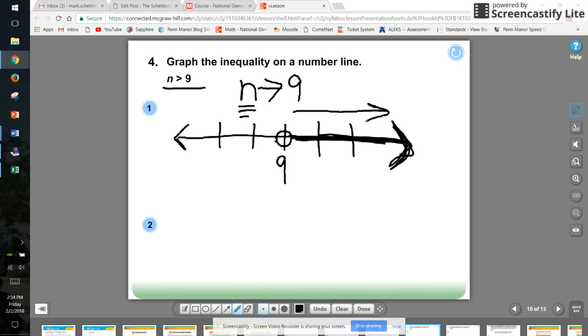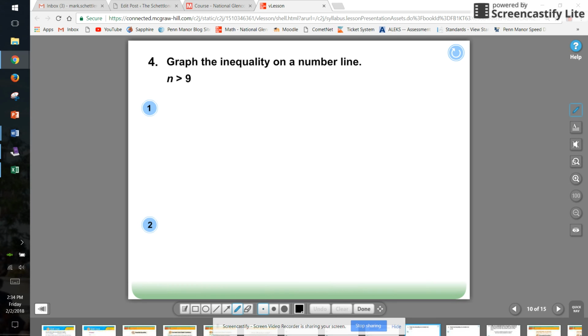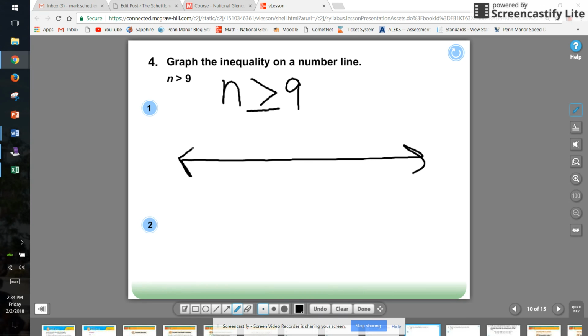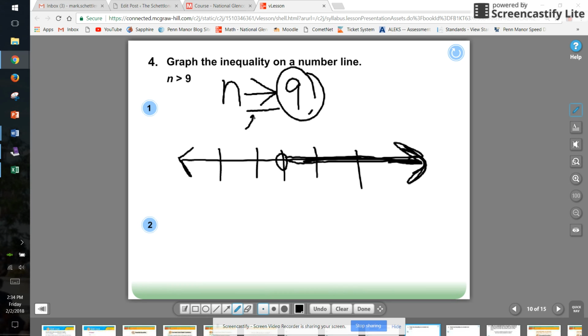What if I clear this out and change our inequality just quickly? We're going to go n is, well, this looks very familiar. But I'm going to add a line. So it really says n is greater than or equal to 9. So all the numbers that are greater than or equal to 9. I'm going to put a circle there to start out with. I notice that the numbers are going to be the same. It's all the numbers that are going to be greater. And look, there's my trick. It looks like this is going to go this way. However, there's one number I need to include. I need to include 9 because 9 does equal 9.